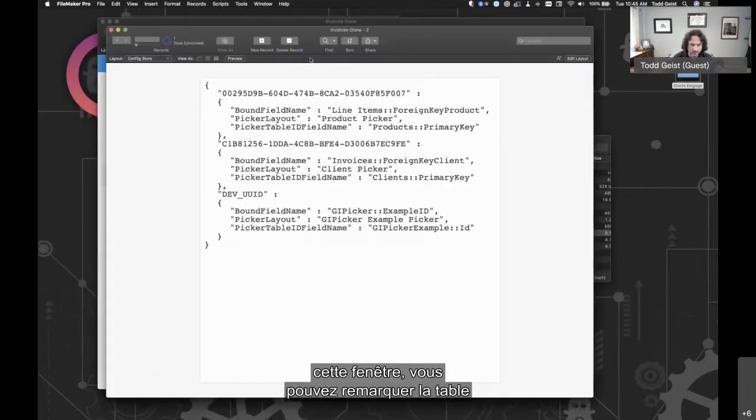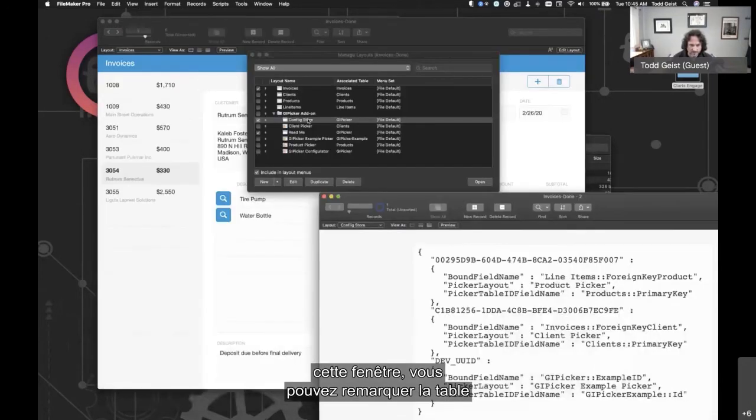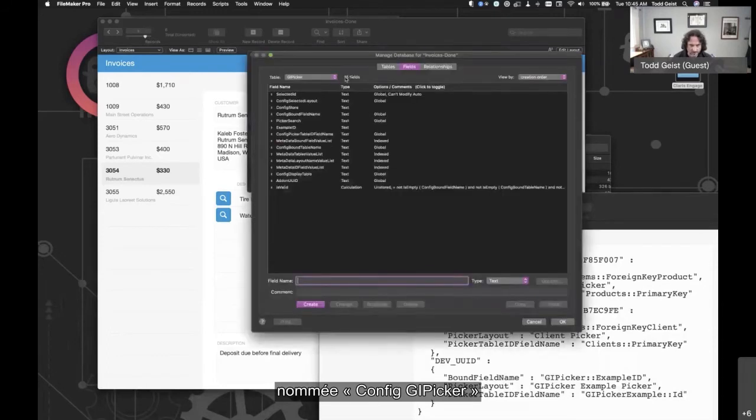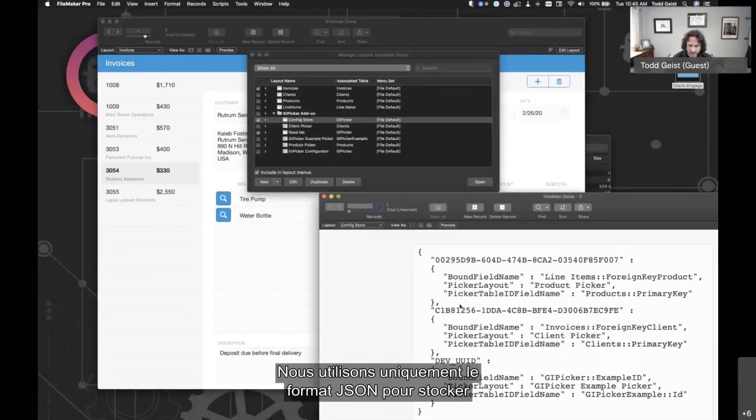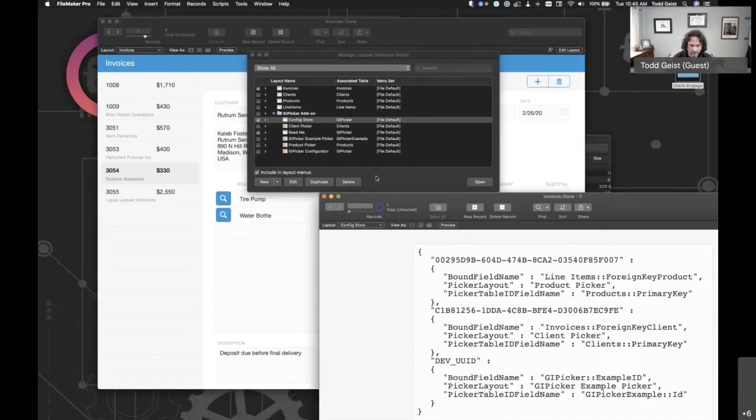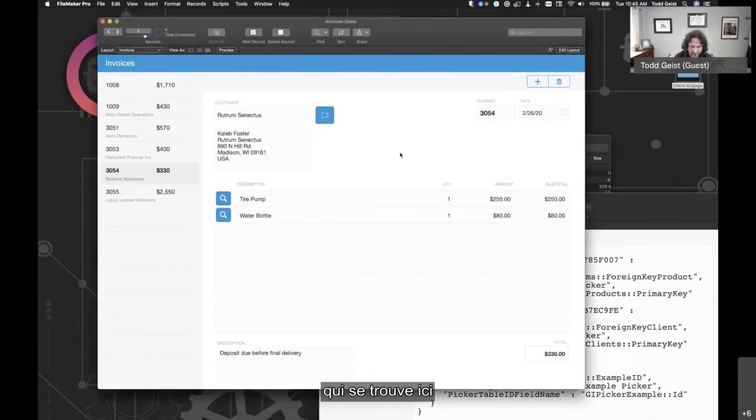Open up this window. You notice that there's this table. There's a table called config, GI picker, and then there's a config store. And we're just using JSON to store the data. And this is where I get into that indirection kind of thing about when I click this button here,